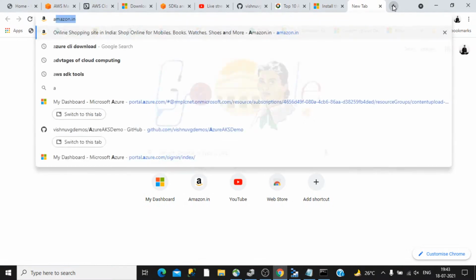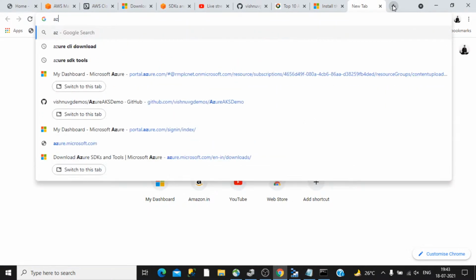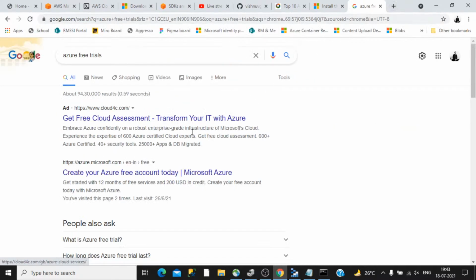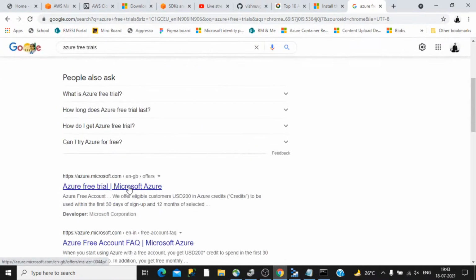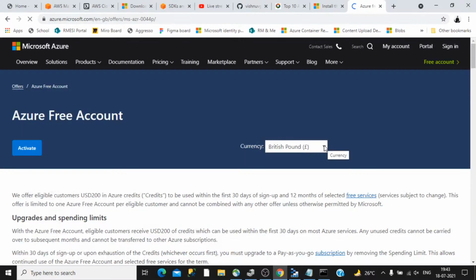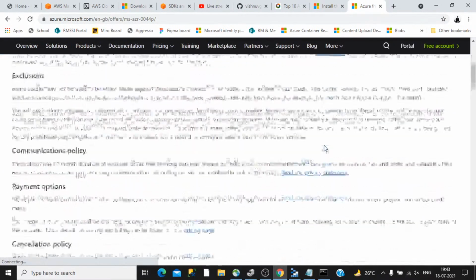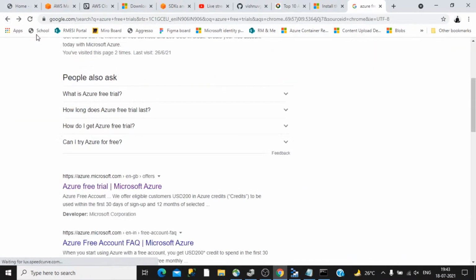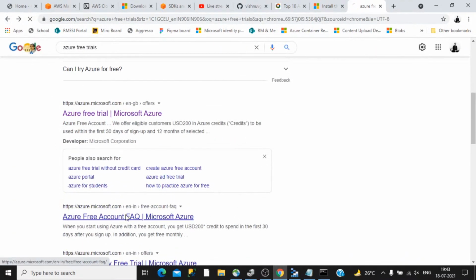If you search for Azure free trials, this is the page that explains the Azure free account.